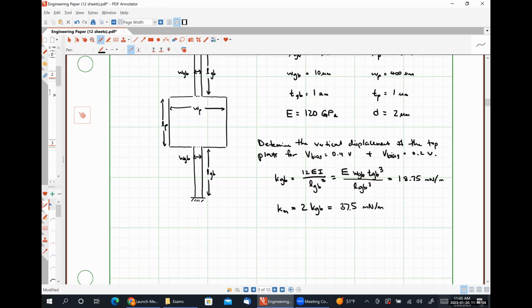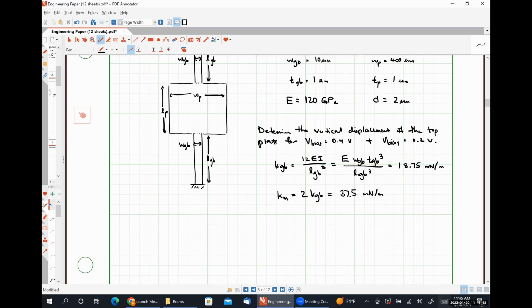We're going to calculate our pull-in voltage because we effectively need to check whether or not we are exceeding it with either of our bias voltages as well. So much like in the last example problem, in order for us to calculate our pull-in voltage, we need to calculate our nominal capacitance for our device. So in this case, C naught is epsilon A over D, plugging in,